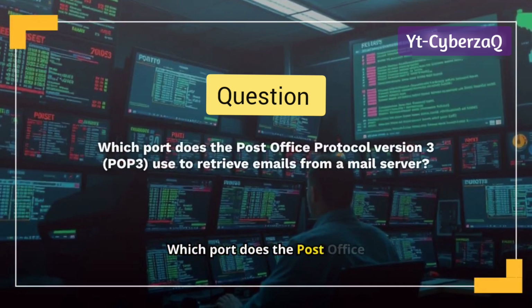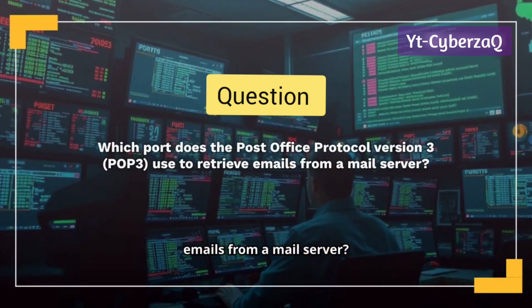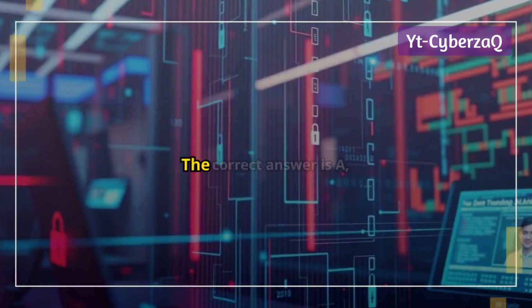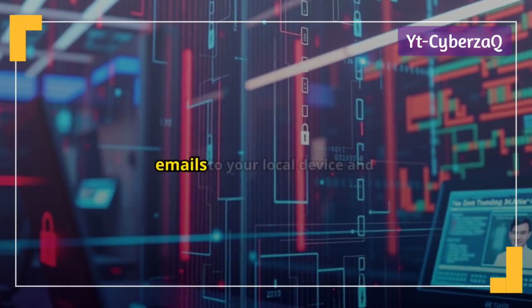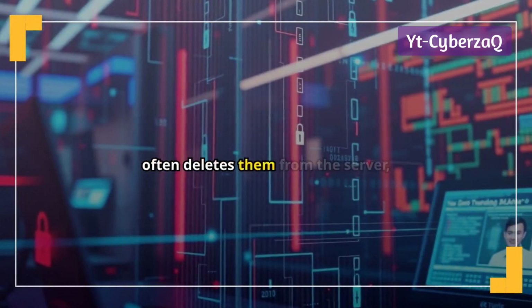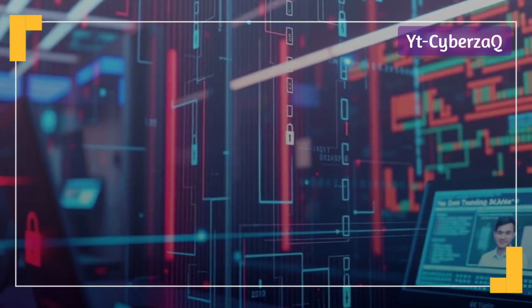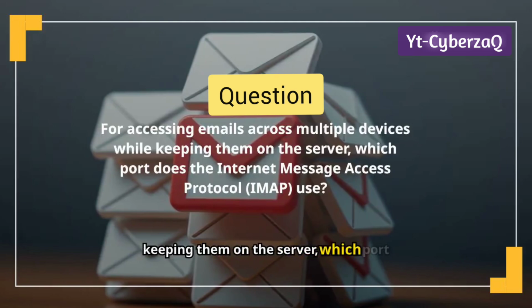Which port does the Post Office Protocol version 3, POP3, use to retrieve emails from a mail server? The correct answer is A, 110. POP3 downloads emails to your local device and often deletes them from the server, making this port vital for older email retrieval systems. For accessing emails across multiple devices while keeping them on the server, which port does the Internet